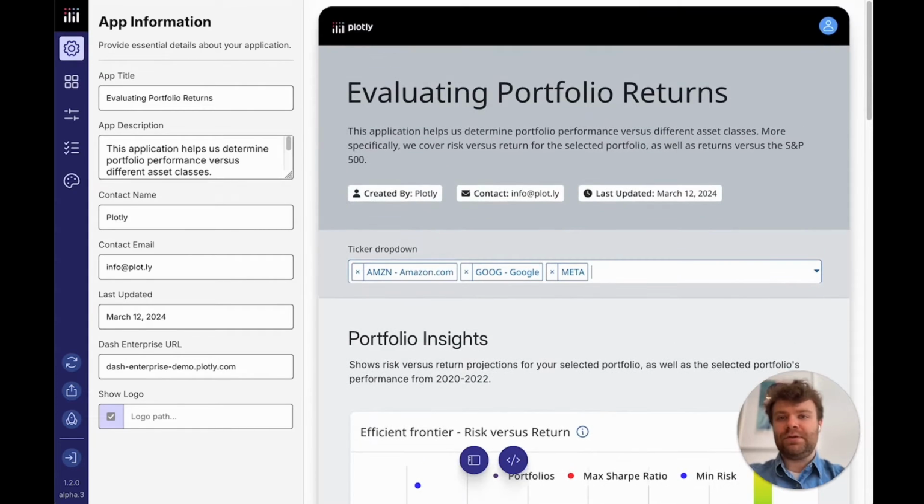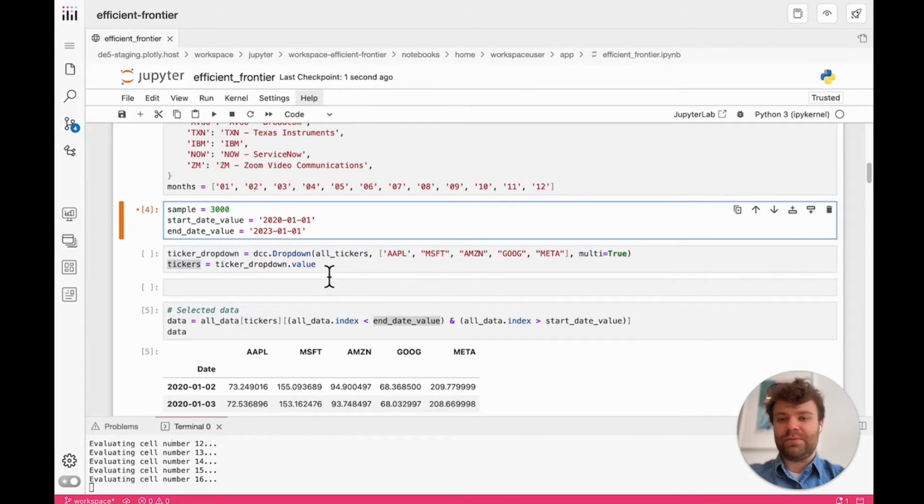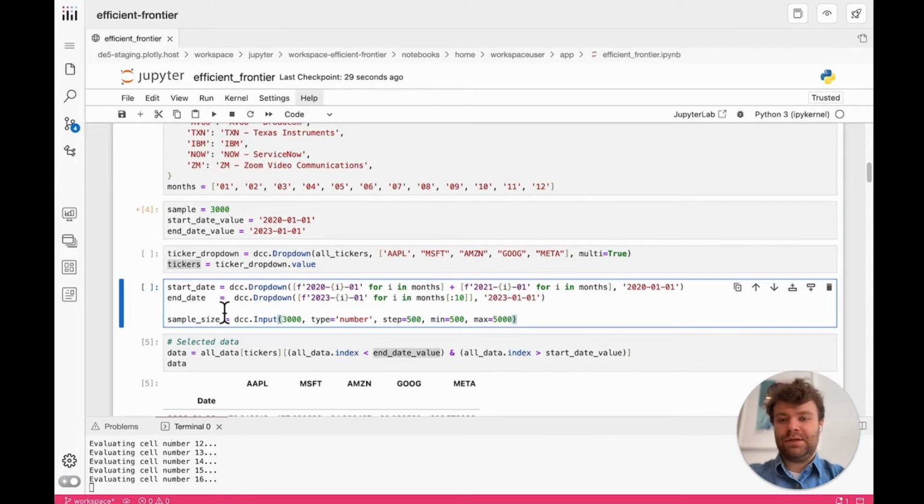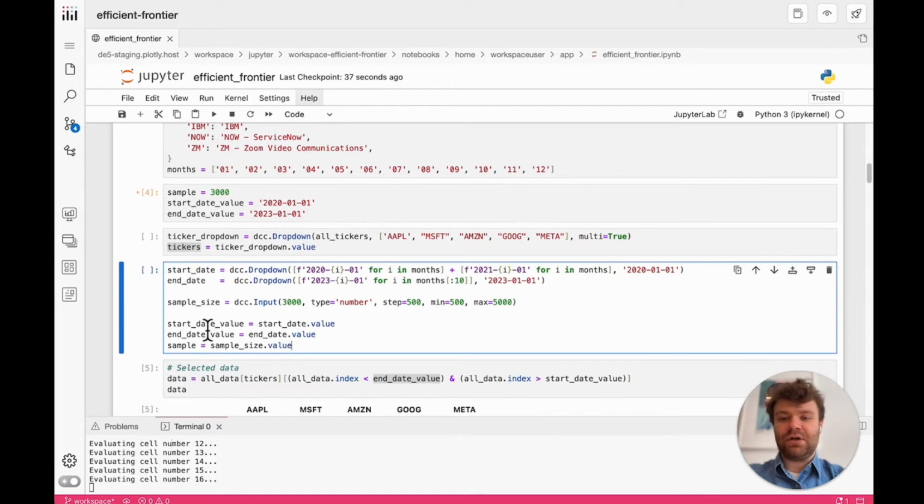But there's a couple more attributes that'd be useful to turn into forms. Let's update the sample size, start date, and end date. So I've added in the components to control these attributes. And now we can add in the reactive variables. So our start date value will look at just this value attribute of our drop-down component, end date the same, and we'll use an input component to define the size, making sure that only numbers are going to be allowed